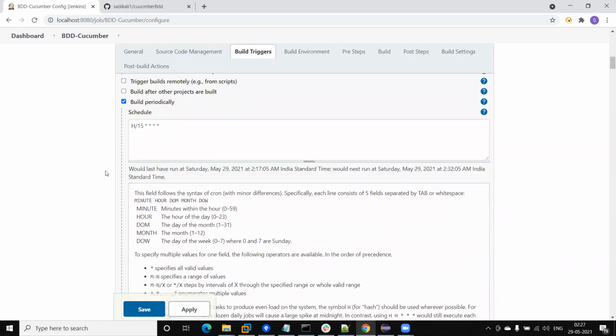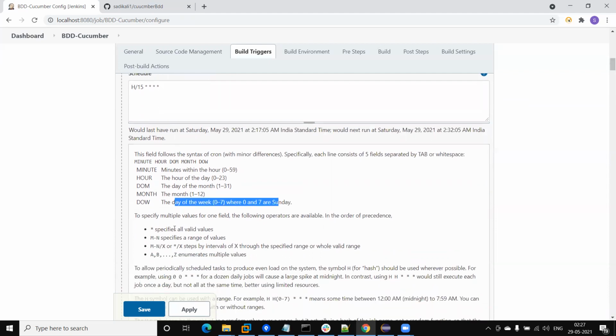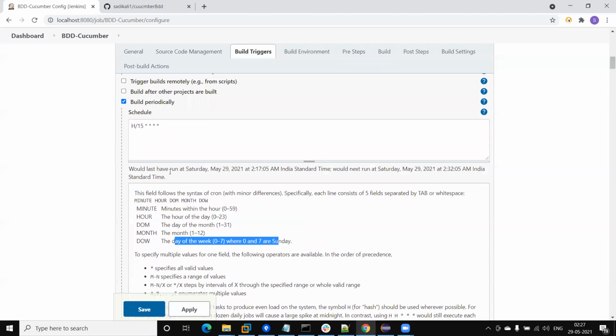So what does this mean? The first is the minute place, the second is the hours. I have added the hours. The star means every hour, date of month means every day, 1 to 12 month means all the months, and day of week is 0 to 7. Accordingly, we can update the date.